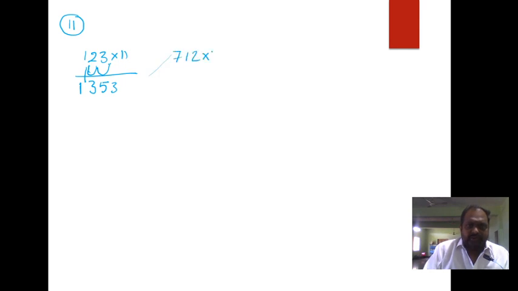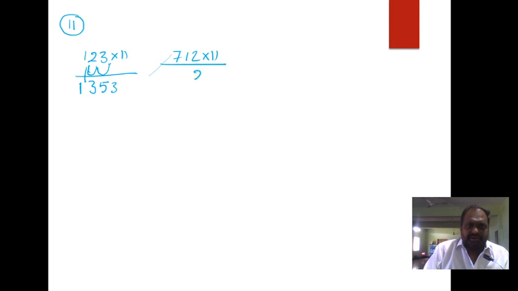Again, today we will discuss multiplication by 11. Without taking any carry forwards, we can multiply any number by 11. For 123 into 11: first you keep 3, 3 plus 2 is 5, again 2 plus 1 is 3, just you keep 1. So the answer is 1353.